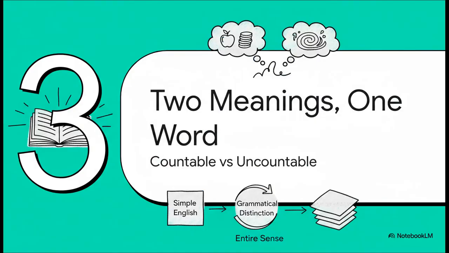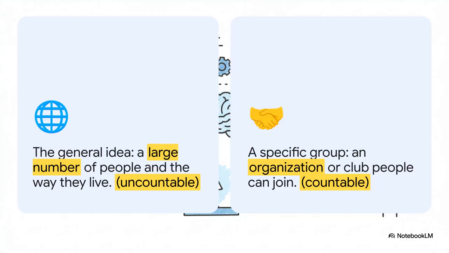But hold on, there's another layer to this. The power of Simple English isn't just that it gives basic definitions, it's also incredibly precise. And in this case, it points out a really key difference in grammar that actually reveals a second, totally distinct meaning for our word society. So here's the deal. When we talk about society in that big, general, abstract sense, like this is bad for society, it's what we call uncountable. But when we talk about a society, we're talking about something specific, something you can count, like a historical society or a birdwatching society, an organization or a club that people can literally join. It's the same word, but two very different uses, explained with perfect clarity.